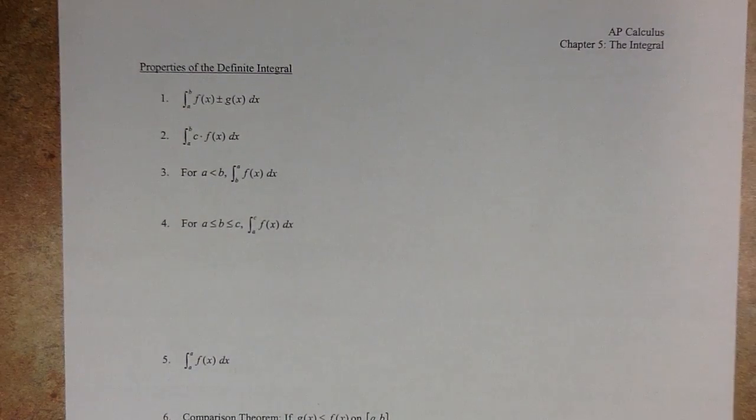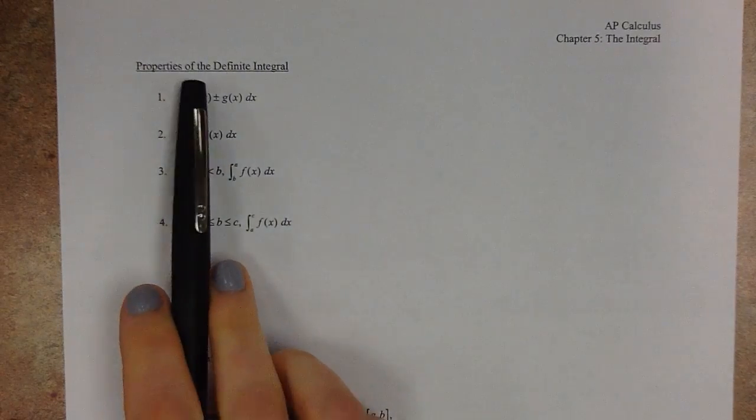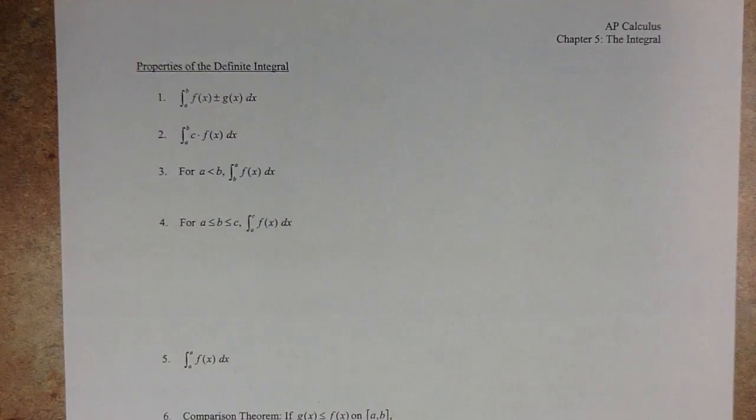All right, so what we're looking at today are some properties of the definite integral, and there are some of them that we've kind of talked about before with antiderivatives, and some of them that are new. So when we're talking about the definite integral, we're talking about the area under the curve. So notice the difference. When these have these limits of integration from a to b, it's representing the area under